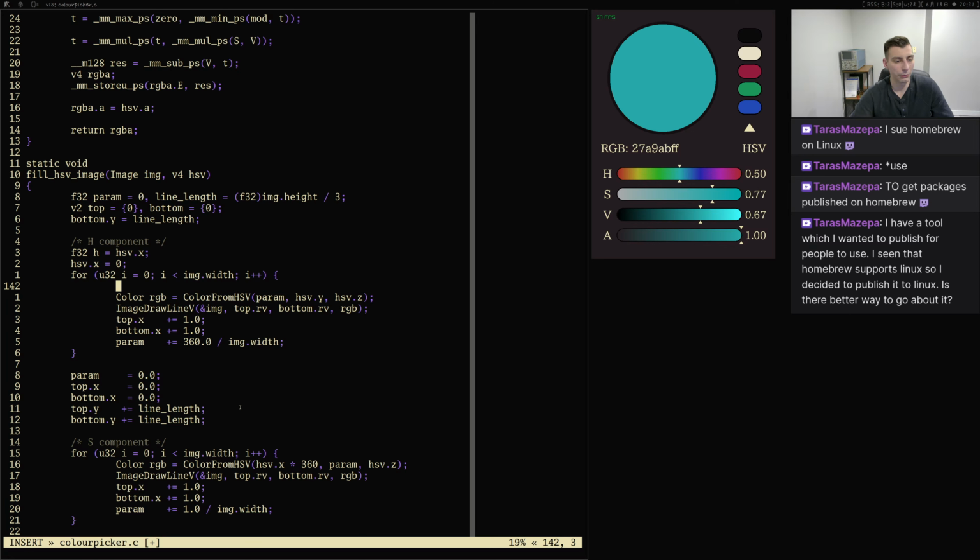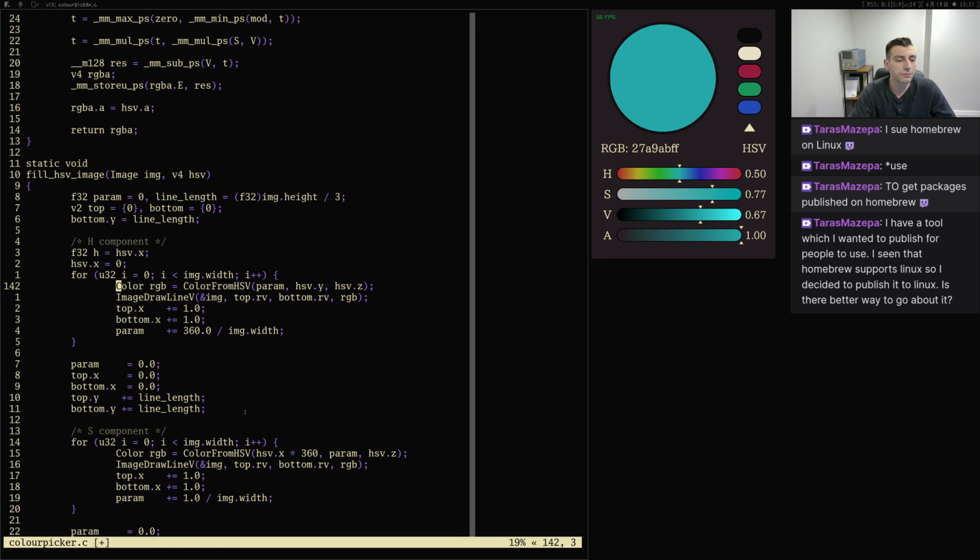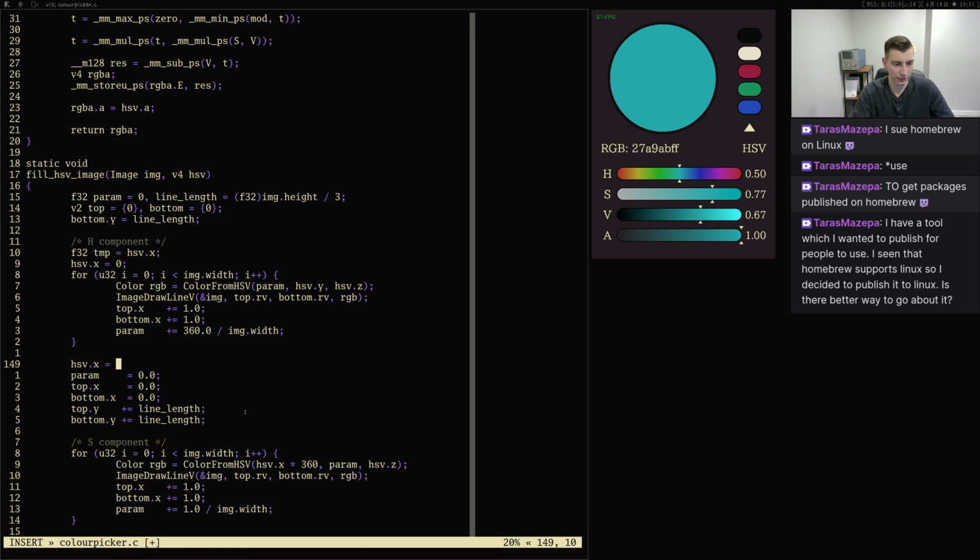What am I doing here? So I want to just use my conversion here. Yeah, let me do this. Make a temp variable. And we're not going to use param anymore. And then down here, we're going to do hsv.x is equal to temp. And we're going to get rid of param in a second. And here we're going to do